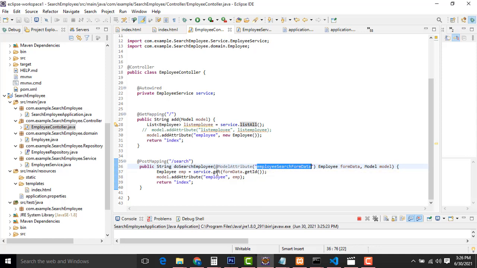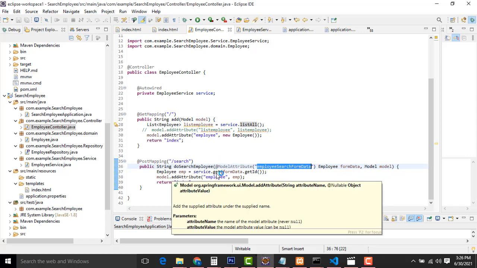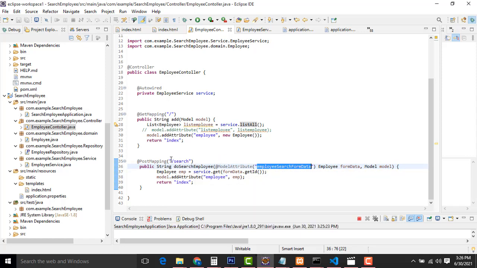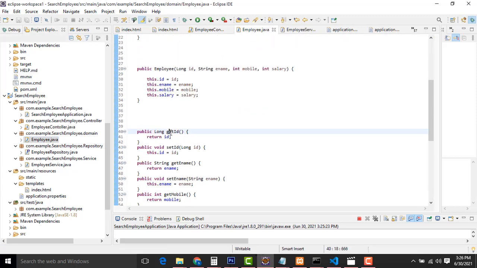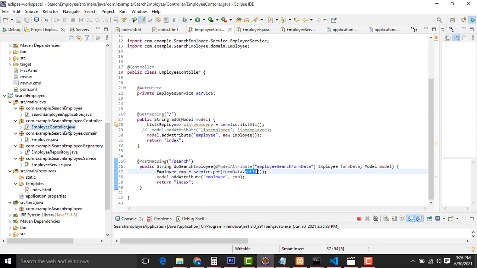It goes to the employee form, get data, get ID. The data will be loaded and passed to the same index page.